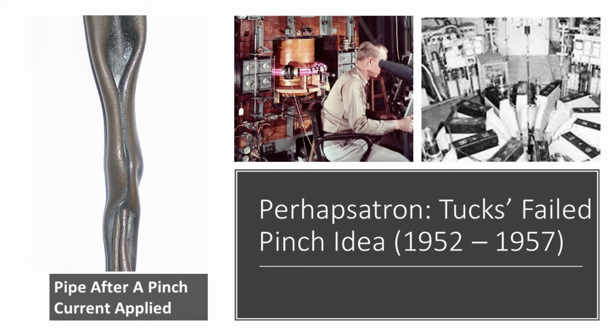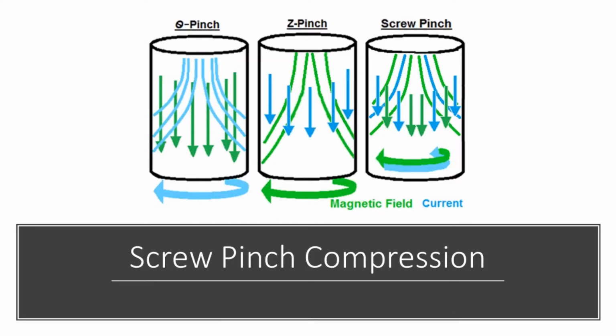So Tuck's idea was to move that pinch around in a circle, creating a Perhapsatron. This is the early days, and they didn't know about the tokamaks at that time. It was an idea that would eventually feed some physics research into the tokamaks once the United States started the program in the 60s. But this was unsuccessful. They ended up simplifying the system a little bit,